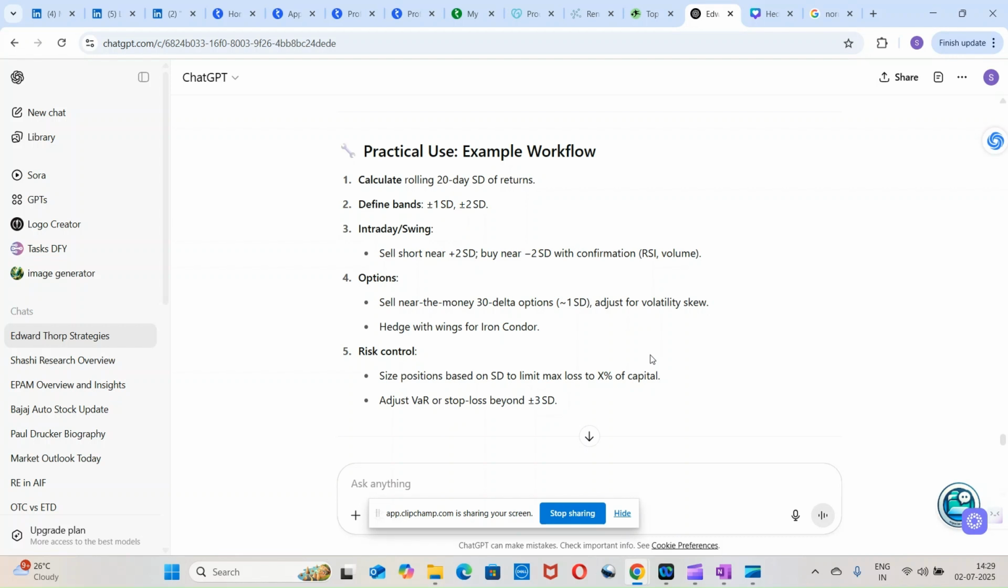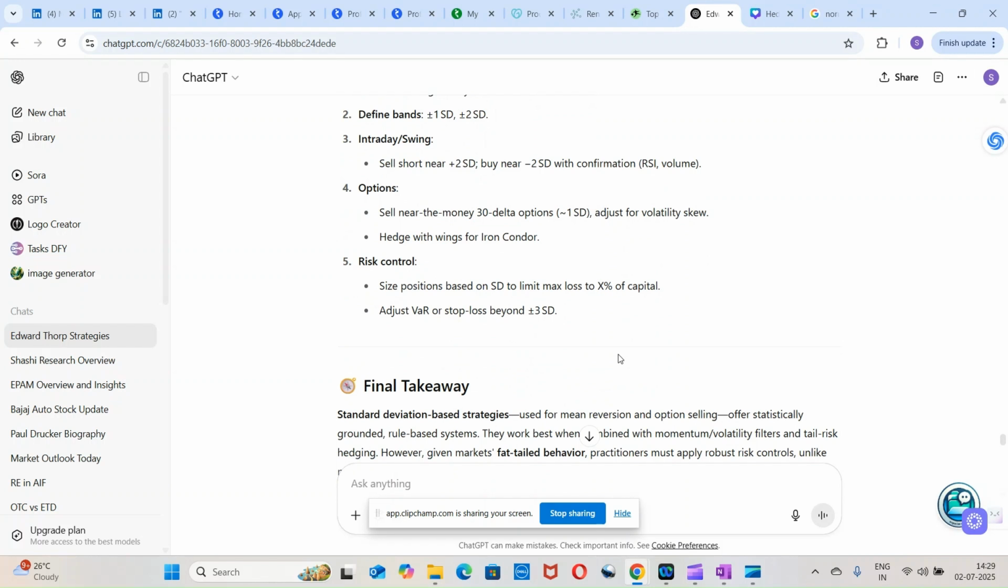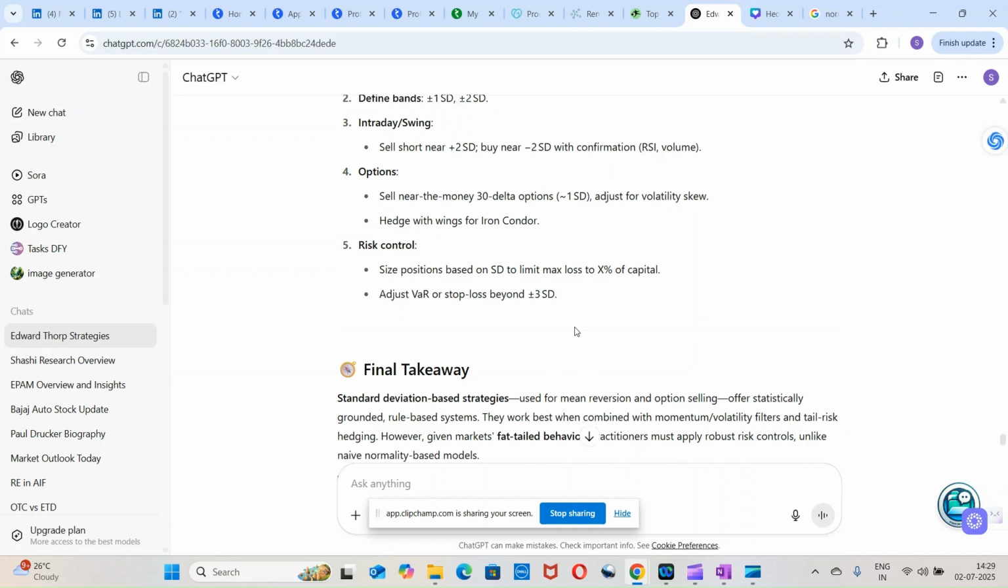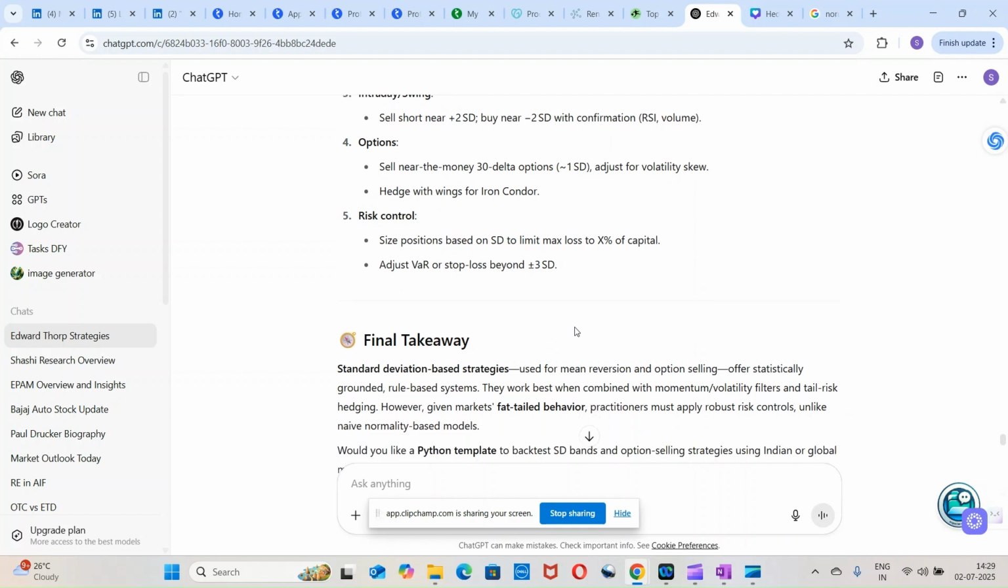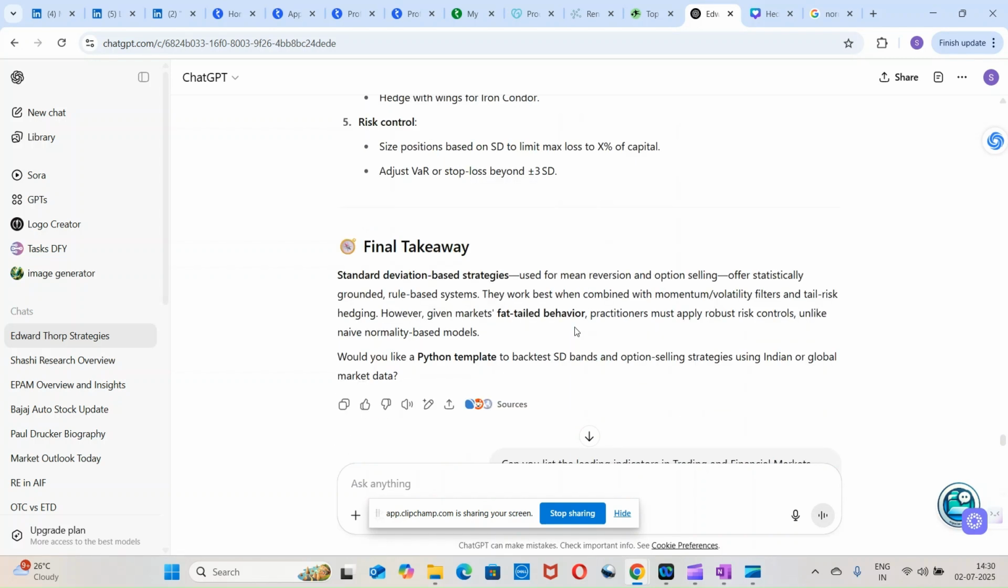For an iron condor you could take the 2 SD also. Risk control: size positions based on SD to limit the max loss to a percentage of capital, and adjust VAR or stop loss beyond 3 SD. So if it moves beyond 3 SD, we need to stop that trade. That's 99.7%. The final takeaways are this: standard deviation based strategies are used for mean reversion,